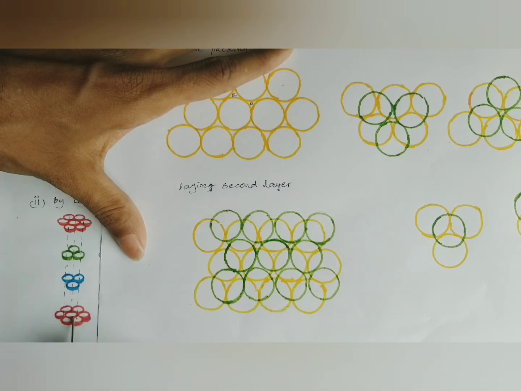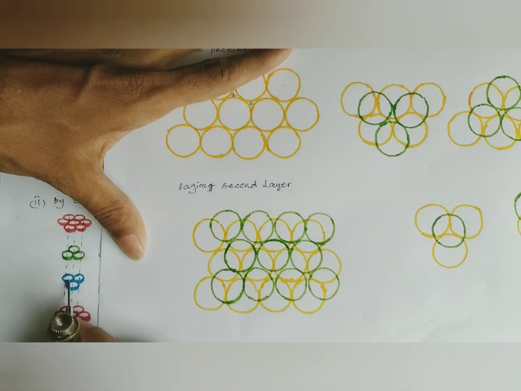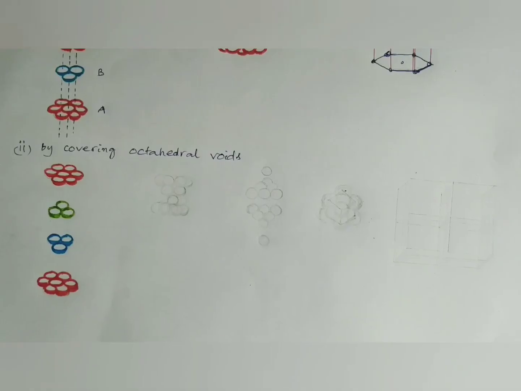They are also in touch with this atom. So 6 plus 3, 9. So there are 3 more atoms in the bottom layer. They are also laid in the alternate trigonal voids at the bottom side, so that there are 3 more atoms at the bottom, so that in total there are 12 atoms around this atom. So coordination number becomes 12. 6 here, 3 at the top, 3 at the bottom.